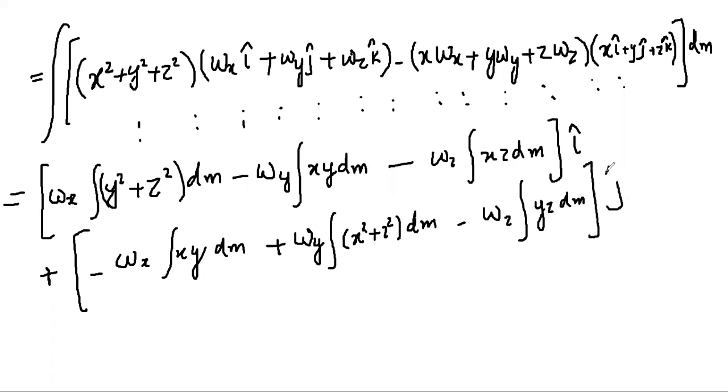This will be along j cap. What we are doing is multiplying these and getting i components, j components and k components on the same side. The last one will be